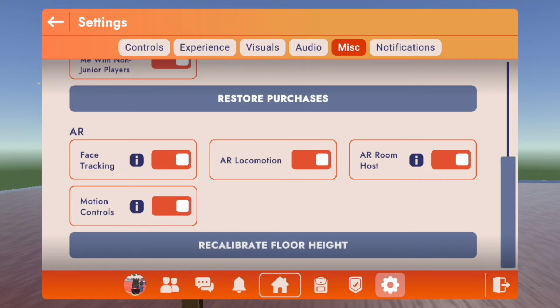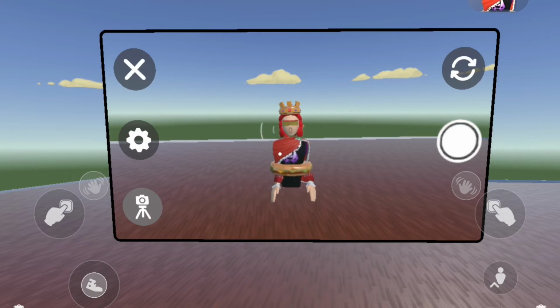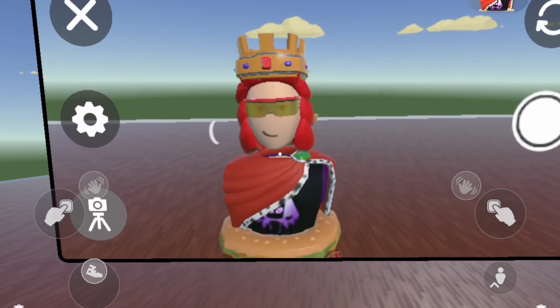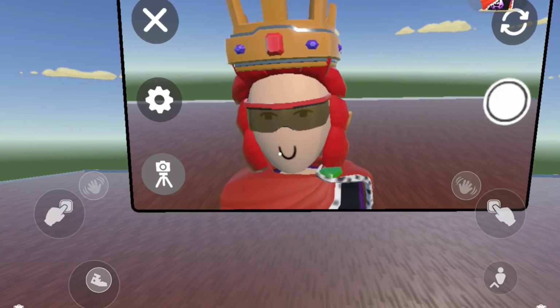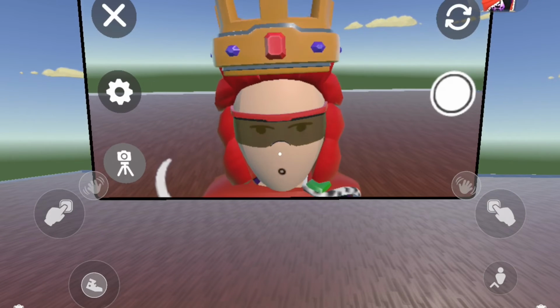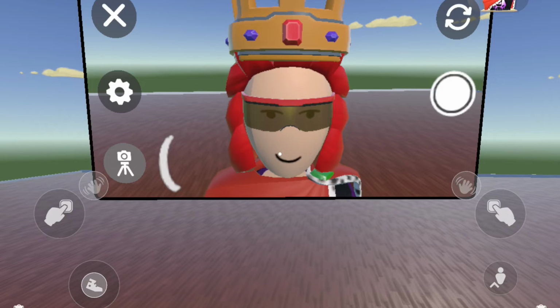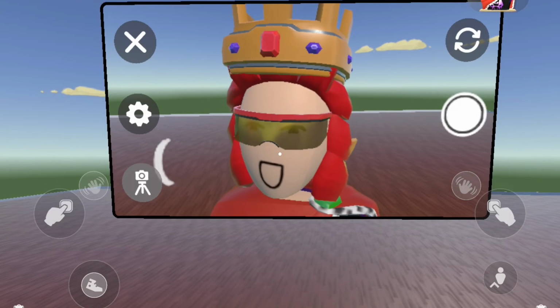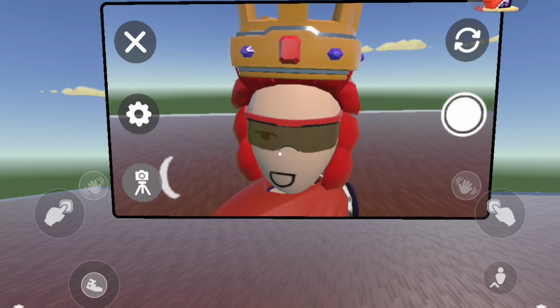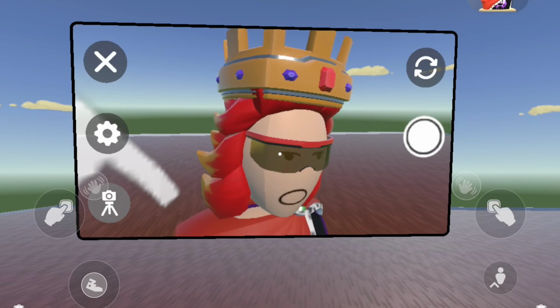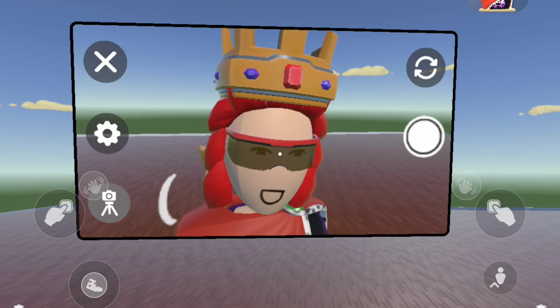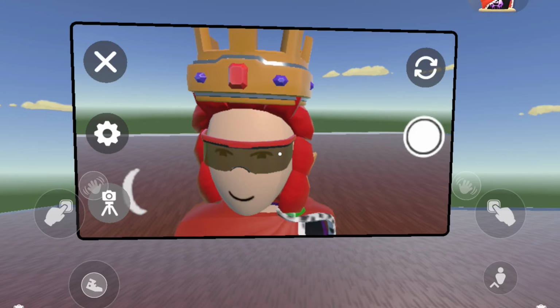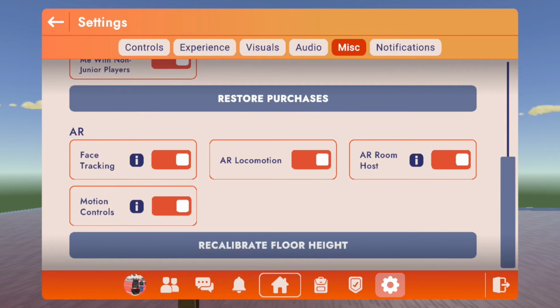Face tracking doesn't work with me, but if you get the camera to look at your face, you can make faces with your Rec Room character. AR locomotion is when you walk in real life, if you move the device in real life, that moves your character in game. AR room host means that when you